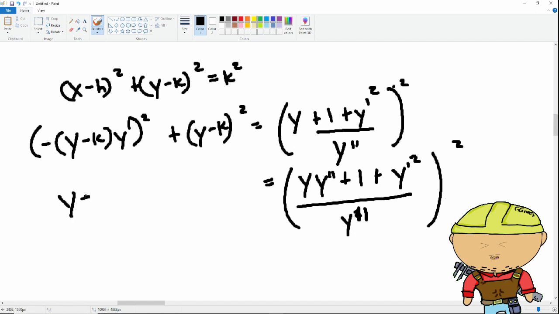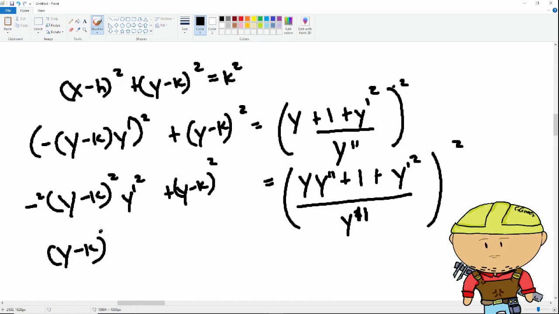This will become y minus k squared times y prime squared plus y minus k squared. And y minus k squared is a common factor on the two terms, so that will become y minus k squared multiplied by y prime squared plus 1, is equal to,